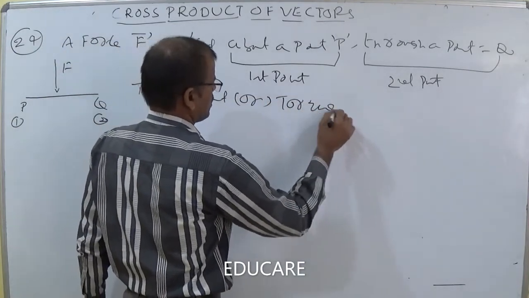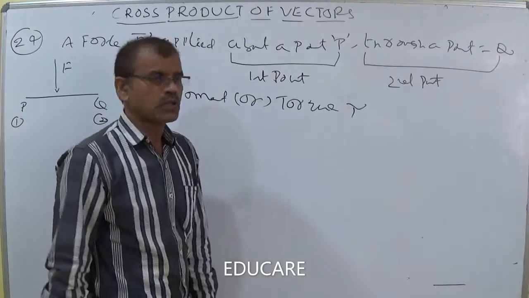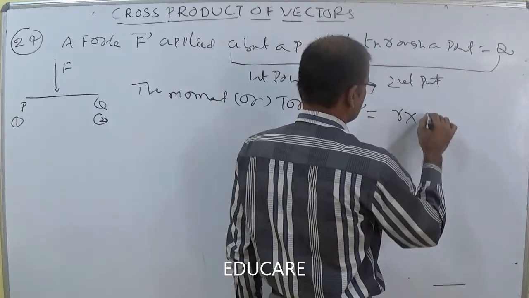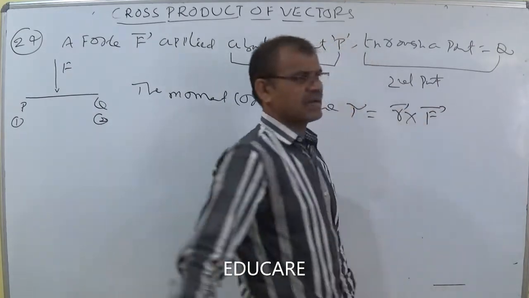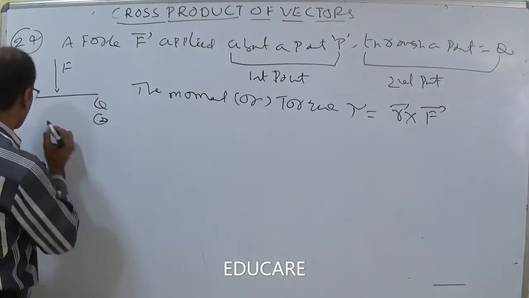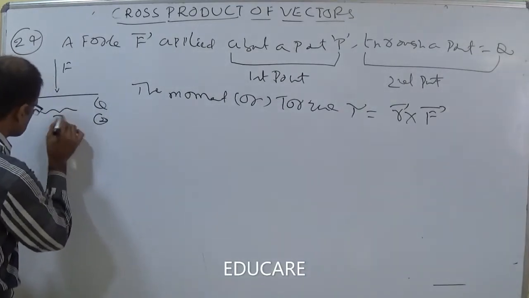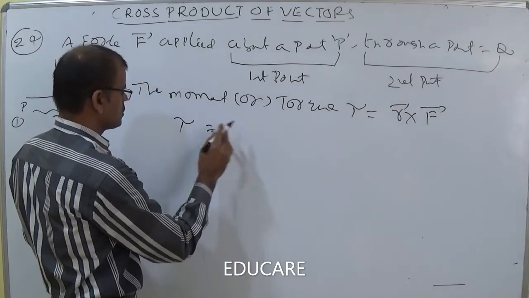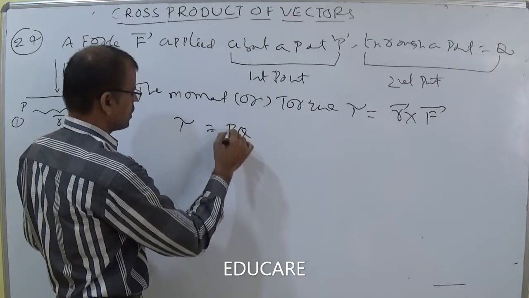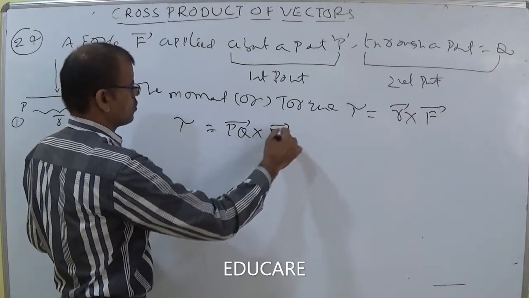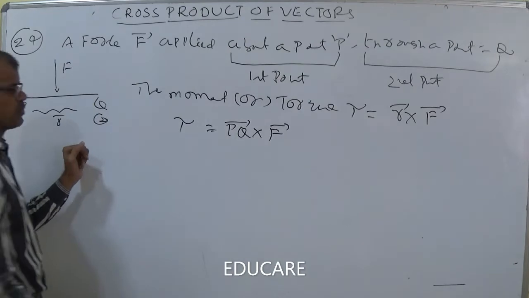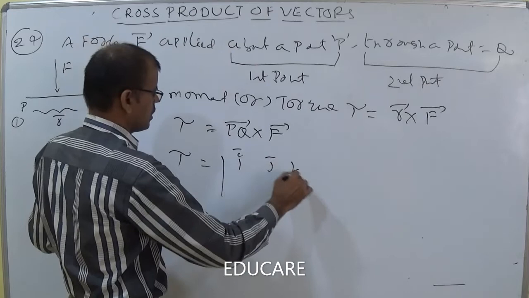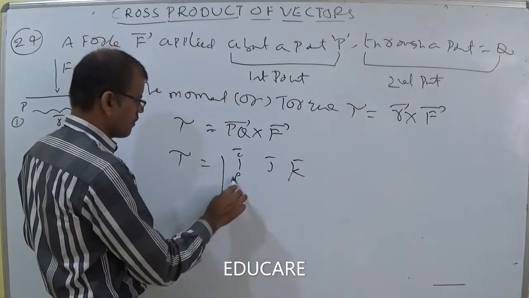that torque is indicated with tau. The moment or torque can be calculated, tau can be calculated using the formula R bar cross F bar. What is R bar? The position vector, PQ. The torque tau is equal to, you can write now, PQ cross F. So here what is PQ? OQ minus OP. So torque tau is equal to, you can write here i, j, k, and if F is indicated with